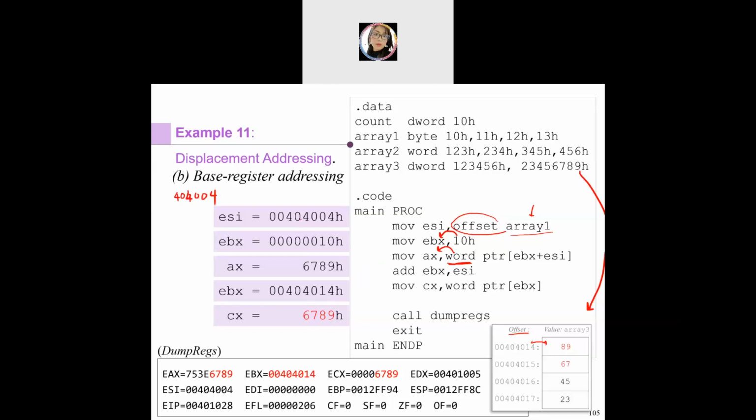40004. We start at the offset of this one. And then we continue 005, 006, 7, 8, 9, and we're not going to go to 1, 0. Why? Because this is a hexadecimal value for this one. That's why we will go to